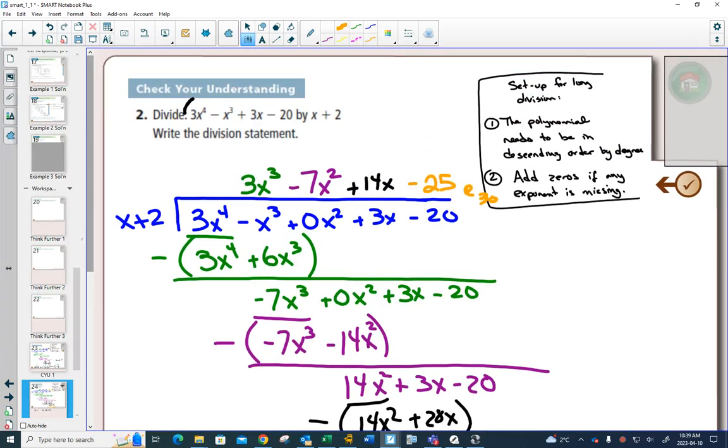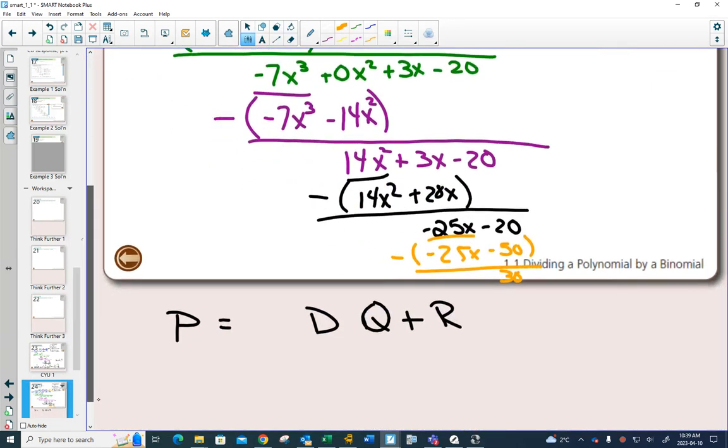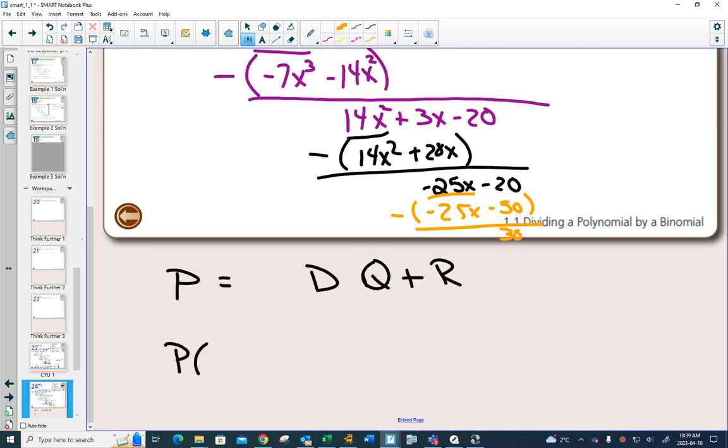Go to the beginning of your equation, put the polynomial in brackets, and above it, write, let P of x equal that. Then when you write your division statement, instead of rewriting the whole thing, you're allowed to just say P of x is equal to, in this question, x plus 2 as our divisor,